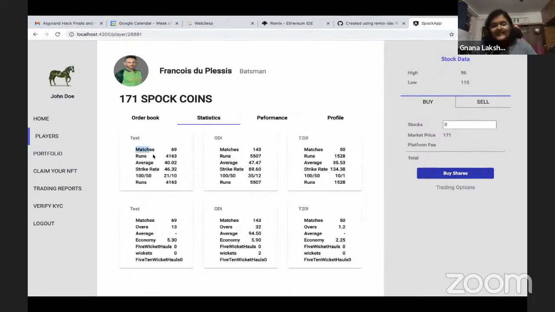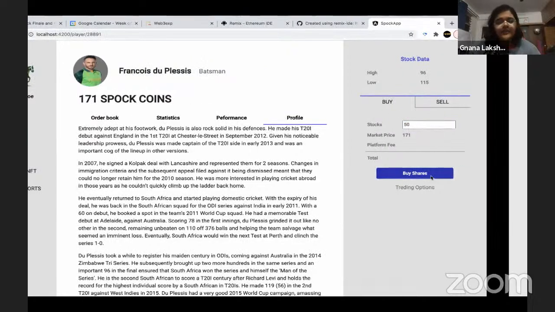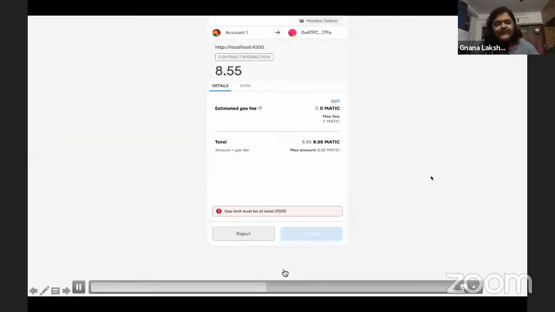You can see their statistics, the different test match statistics, ODI statistics, etc. And I place another buy call for this particular player's stock, buying 50 stocks of this player at 171.